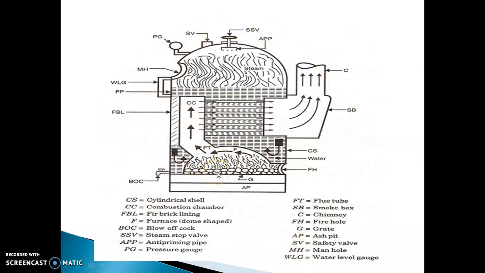In the grate, the fuel is burned. In the furnace, heat is generated. The hot flue gases flow inside the tubes. The water is flowing around the tubes. The heat is transferred from tubes to water. The water gets heated and steam is produced. The produced steam is stored in this steam drum. In the Cochran boiler, the drum is dome shaped. On top of the drum, an anti-priming pipe is there, which is used to remove the moisture content from the steam.